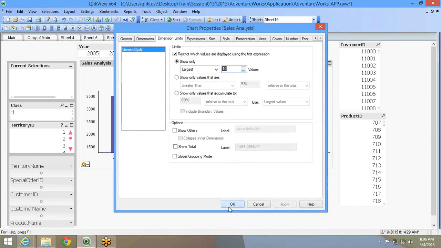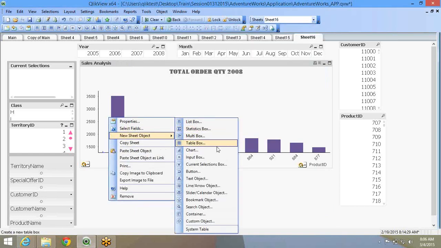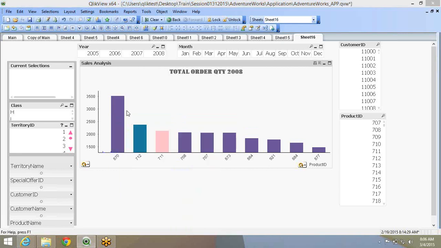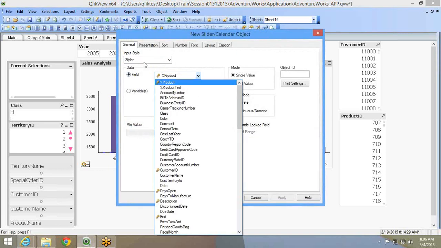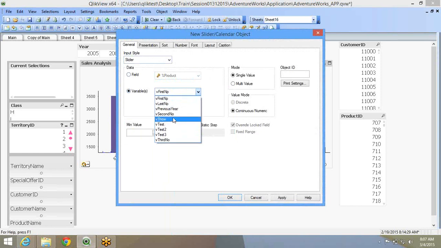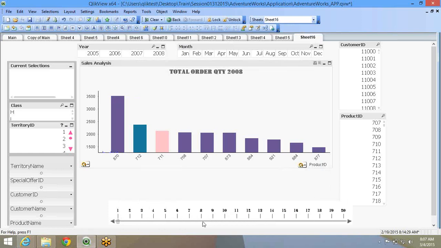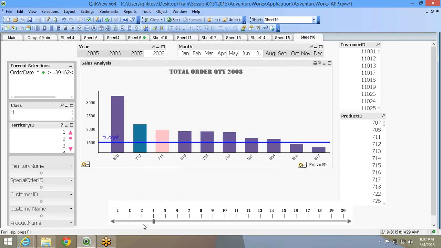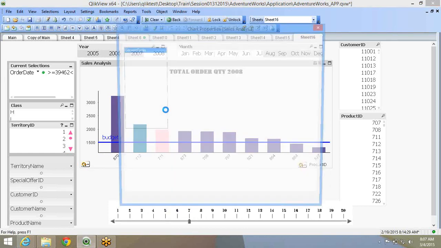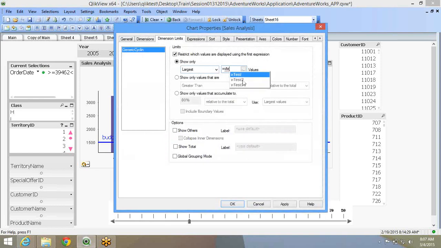Now this 10, right? If the user says I want to input something, what you can do is build a slider or an input box. With the slider, you can say variable, test3, single value. You can give 1 to 20, static step 1. Now this value will be passed to those step 3. You can go to this value over here and say test3.